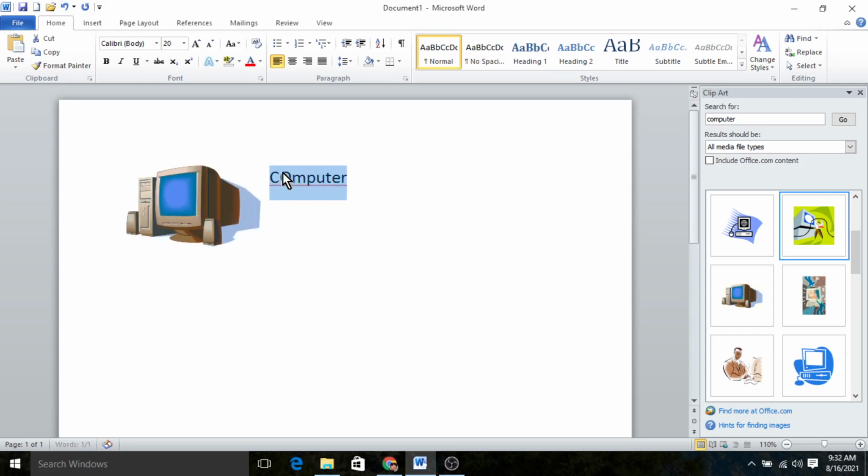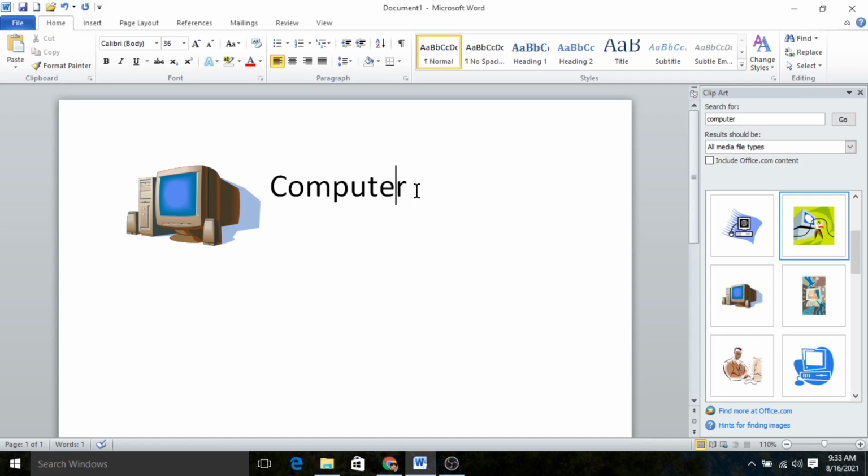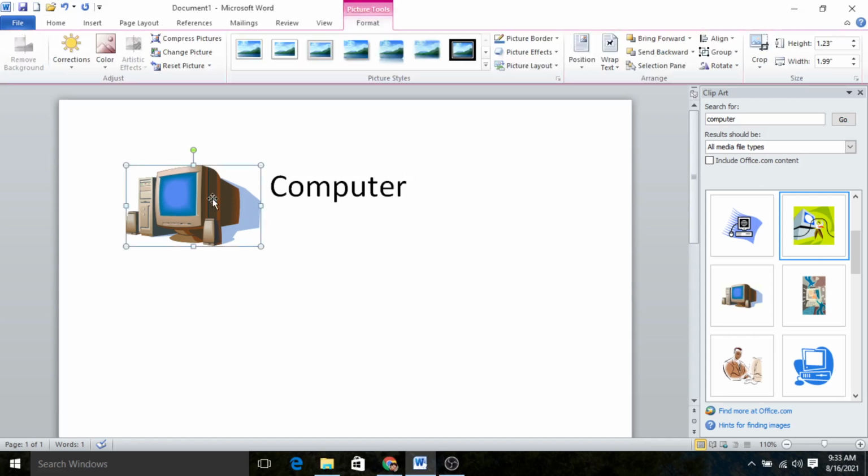Now I'm going to increase the height of this. Fine. Now see here students, the word computer is written, but it is written just after this image. So this is how you can arrange your text or picture according to your work.